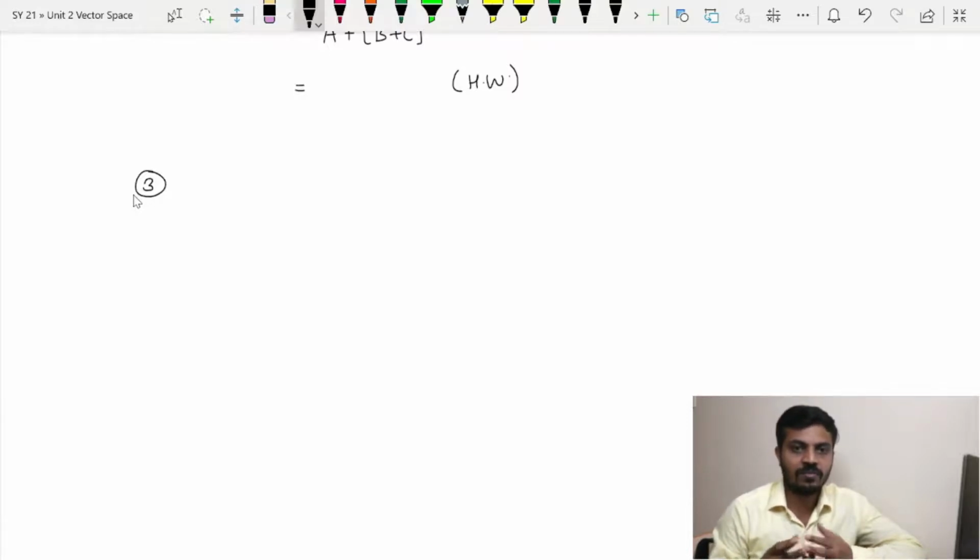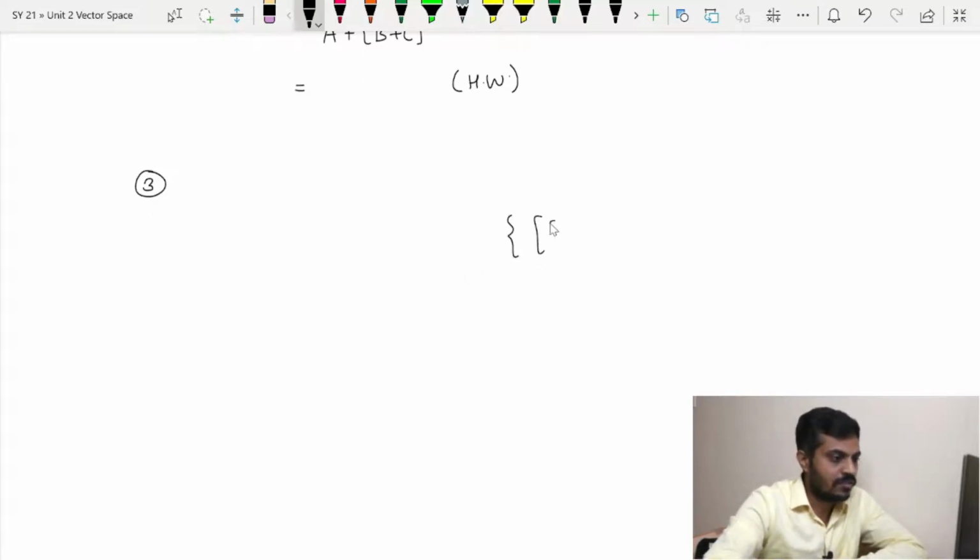So there exists means what? We have to find. This set is nothing but a collection of matrices, and the order of the matrices is m by n. So in order to understand the 0 vector from this set, let us take a particular case. Let us restrict ourselves to a set of 2 by 2 matrices, because we are very familiar with that set, right? If I take this collection of 2 by 2 matrices, obviously this A, B, C, D are real entries.